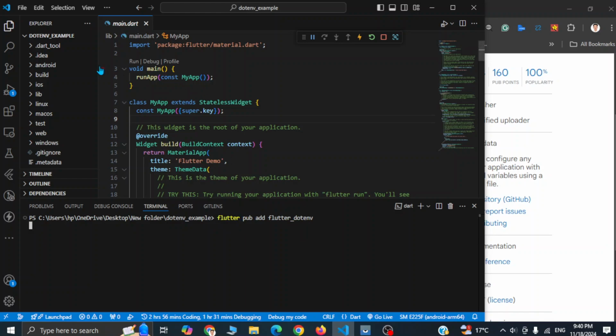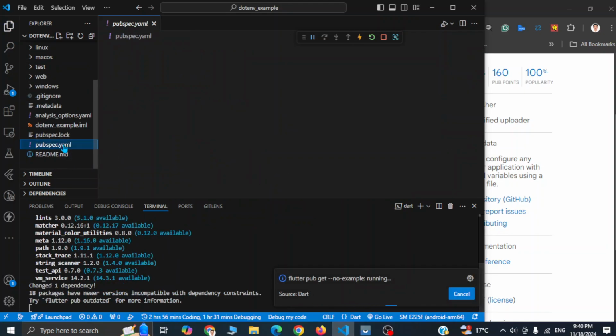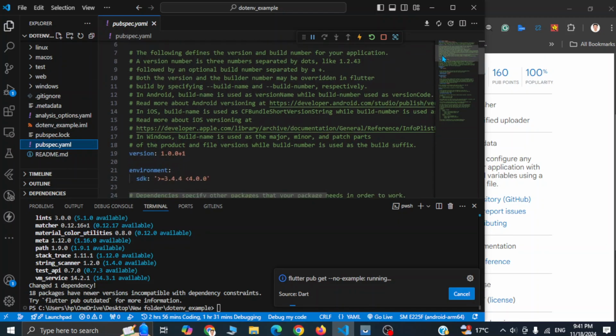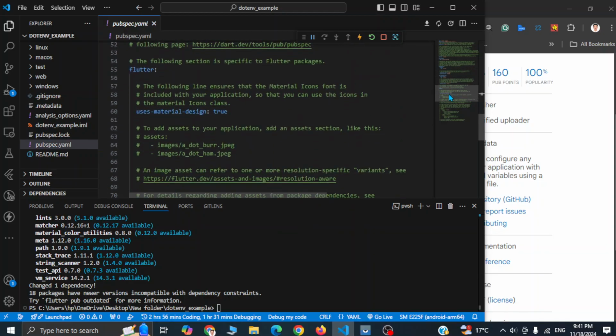And now you can see the new package named flutter_dotenv in your pubspec.yaml file under the dependencies section. Here you can see flutter_dotenv. Now let's include the .env in the assets section. Simply uncomment this in line number 63 and 64, and instead of this image we have to include .env,